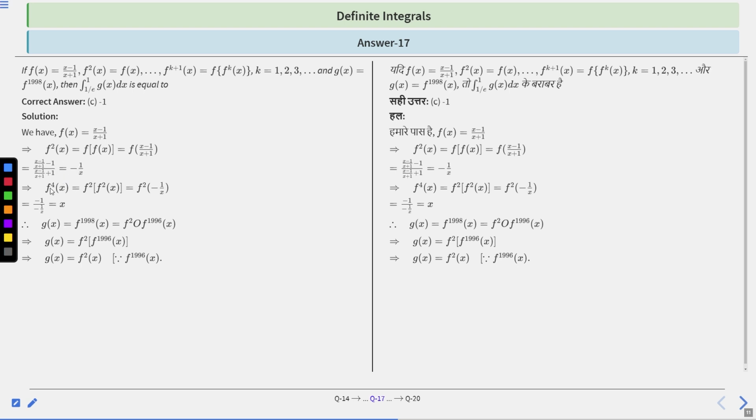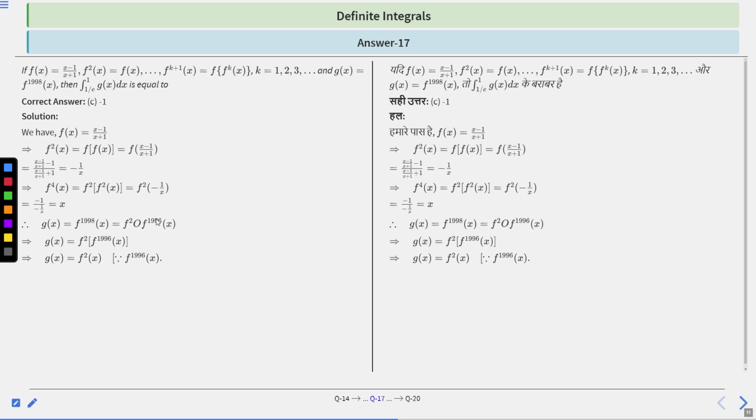Now, f⁴(x) is basically f² of f²(x). So f²(x) is basically minus 1 by x, right? So f² of minus 1 by x, after solving, you will get f⁴(x) is equal to x. Therefore, g(x) is equal to f^1998(x), which is equal to